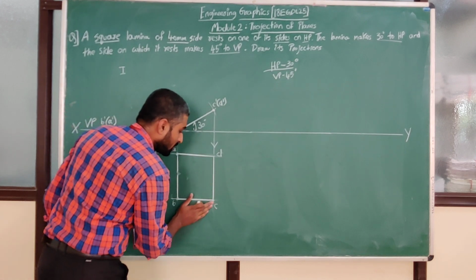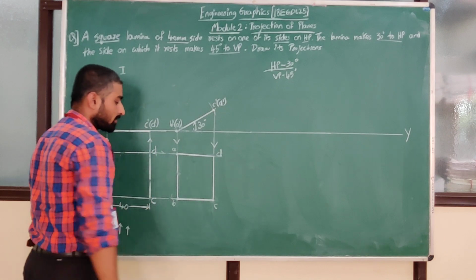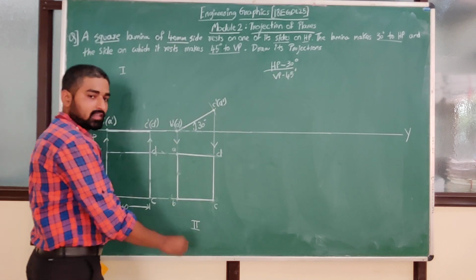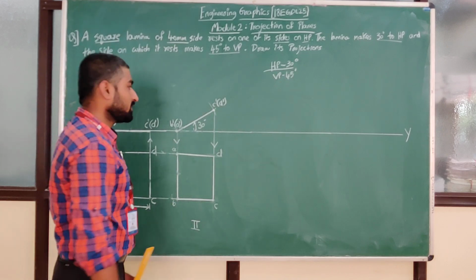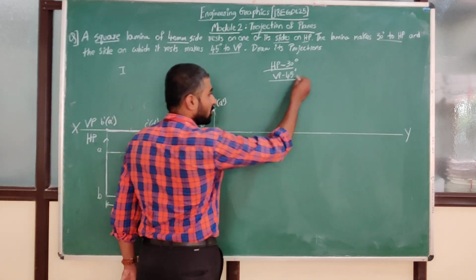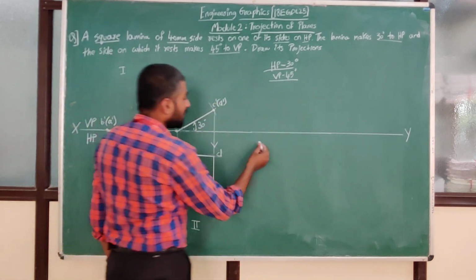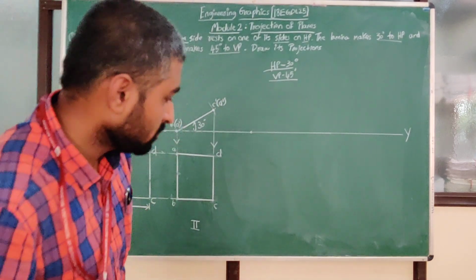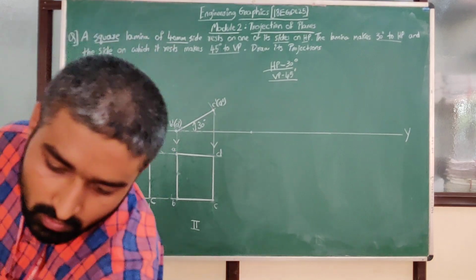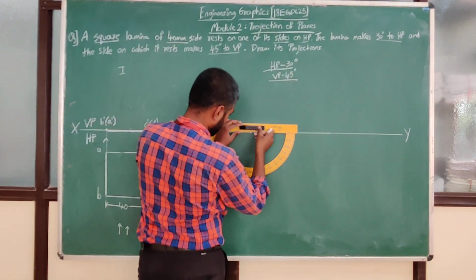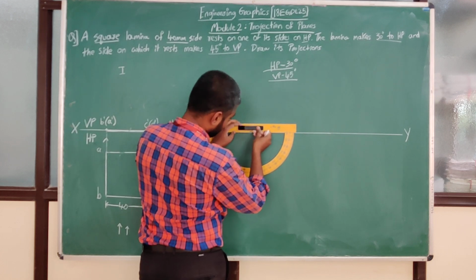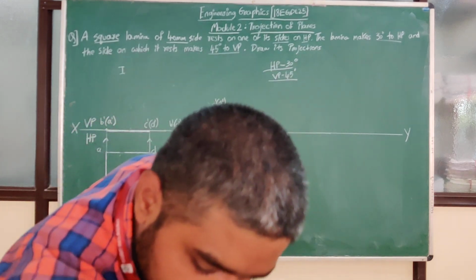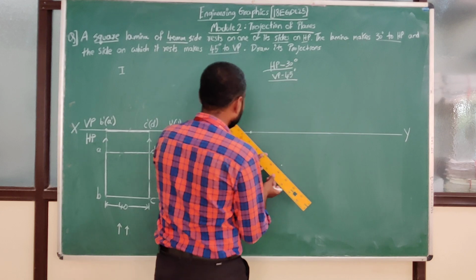You can easily rub the extra projection lines afterwards. So this was my second step. First step, second step. Now the last step is nothing but inclination with respect to VP, because that is the only thing remaining now. Again take a point somewhere on the XY line, take a protractor and mark a 45 degree line at the bottom side. Then draw a light line just for our representation purpose.